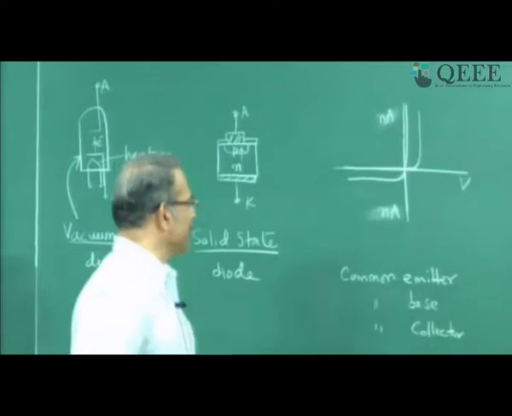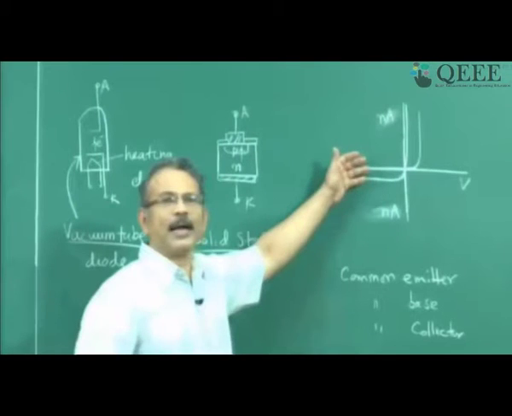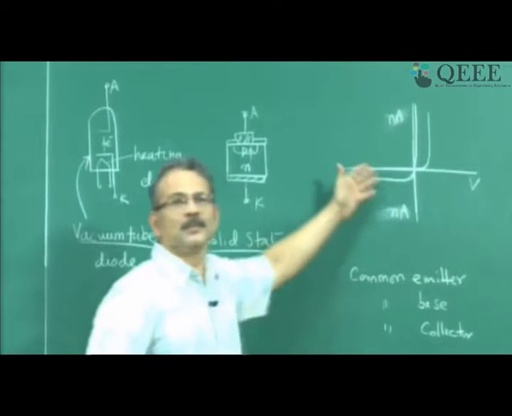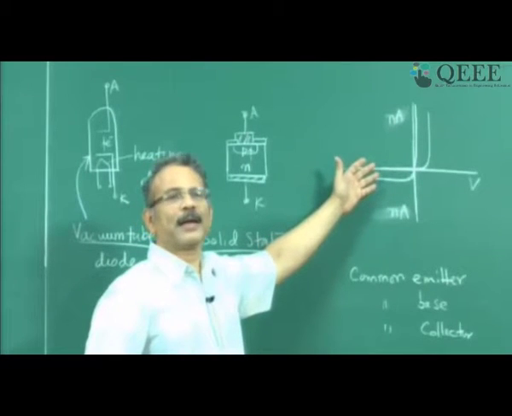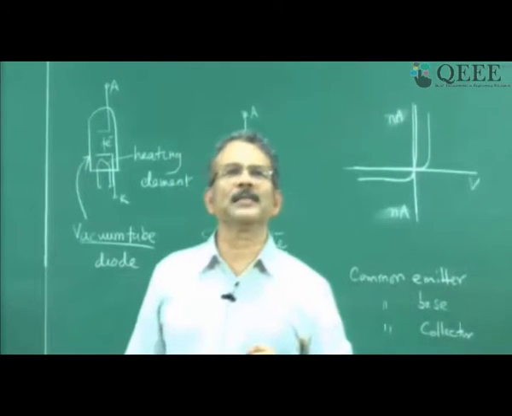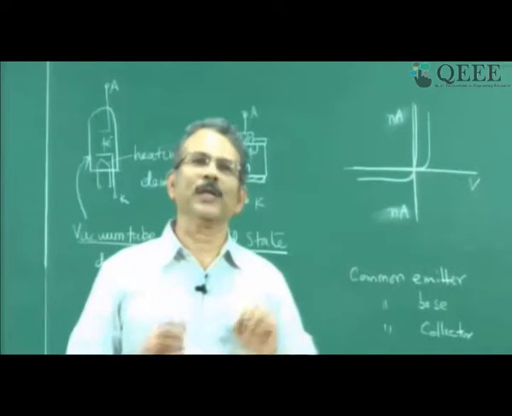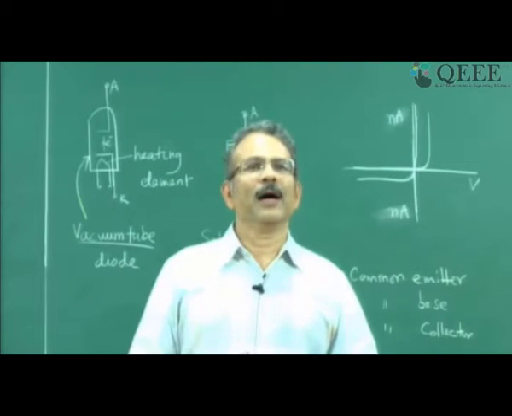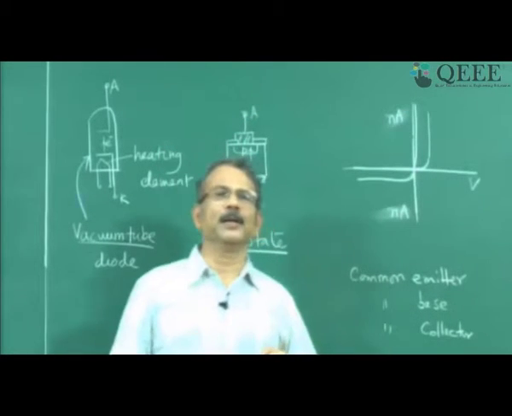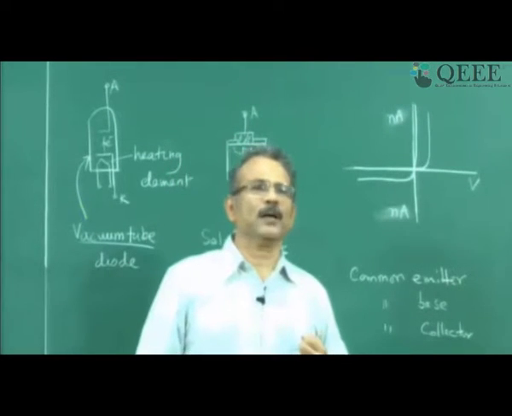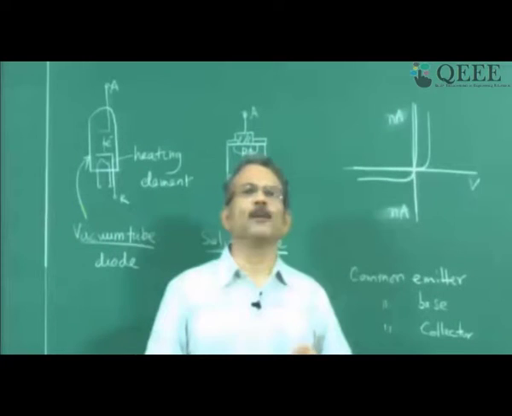Now why do you have these 3 types of characteristics, something that was not there in a diode? In the case of a diode, you had only 1 type of characteristic. Because it's a 3-terminal device, I can choose any of the 3 terminals as a common terminal and apply voltage to the other 2 terminals with respect to the common terminal. And since any of the 3 terminals can be common, you have 3 different situations. We will sketch the characteristics for common emitter, which is commonly used.